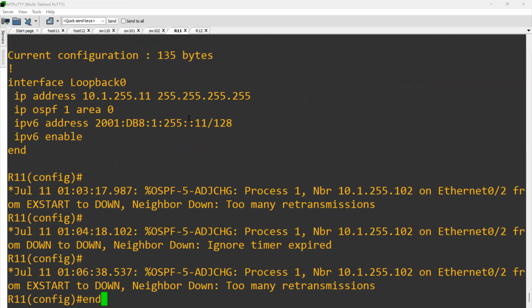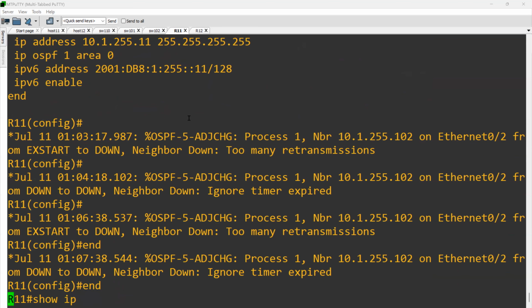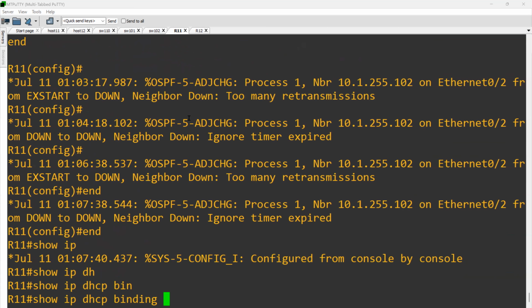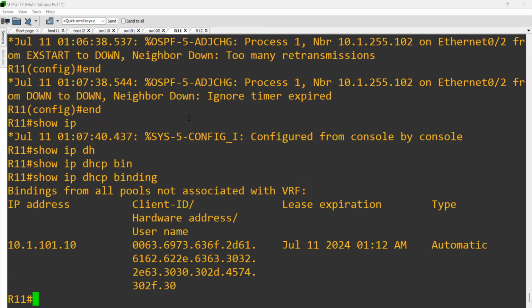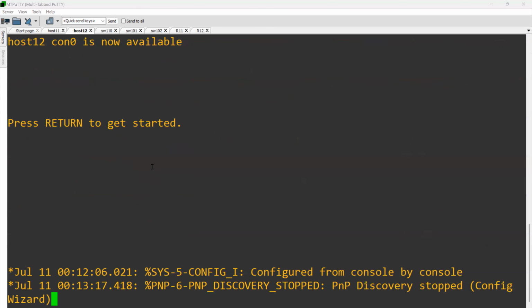We'll try to fix this issue. You can see that the issue is there. DHCP binding. But where is it getting this IP? 10.100.101.10. Oh, so